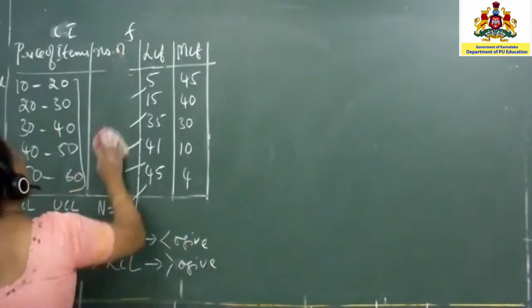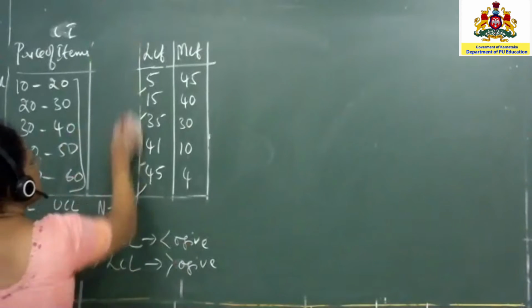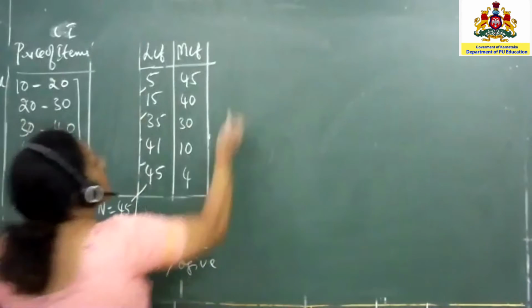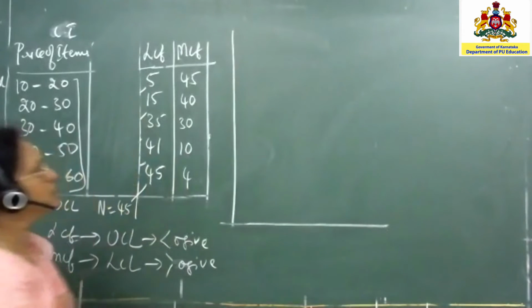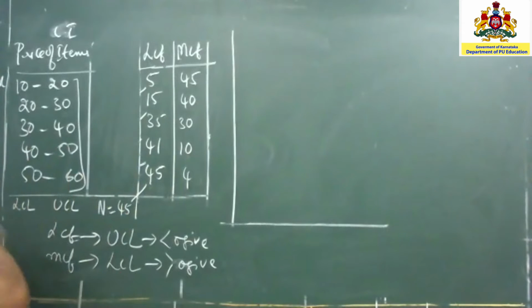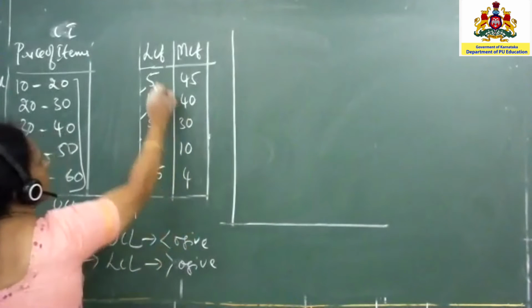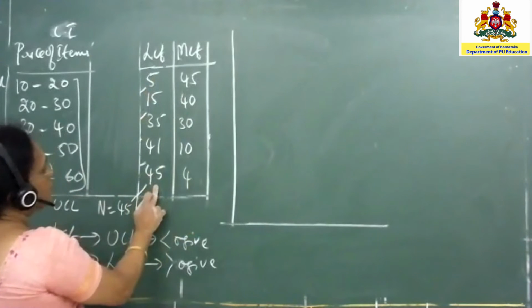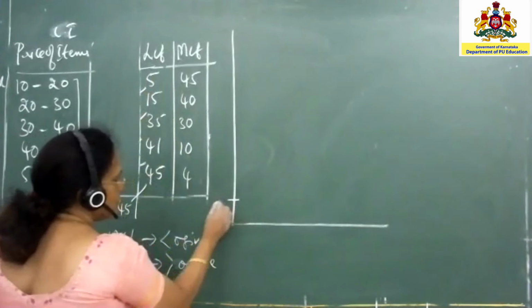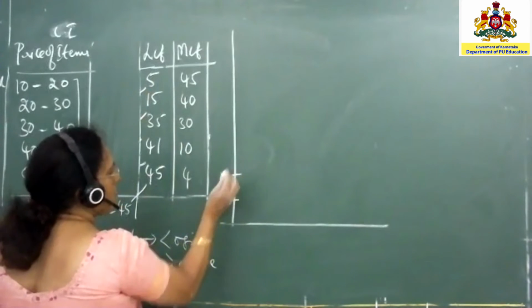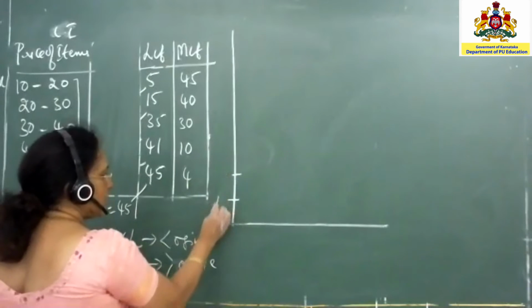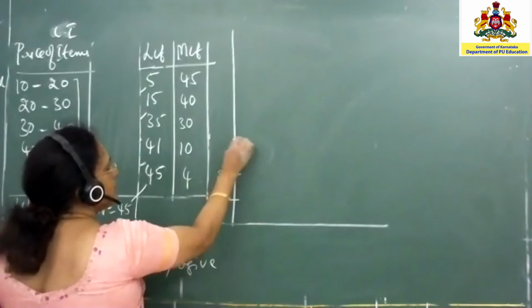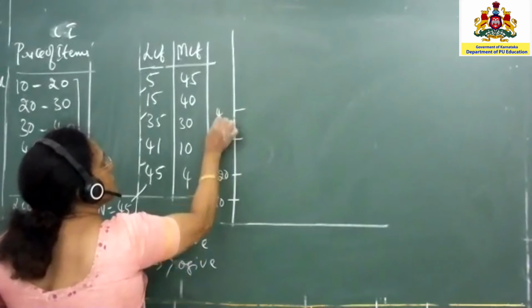Now, this will not come into picture, so you can remove this. Now, you see here, something like this we have. Okay. Now, first one, LCF is marked on the y-axis. Now, you take this number, so 5 to 45. So, if you want, you can take 5, this is 10, 15, otherwise should we take 10, 20? It is better I think. Okay, 10, 20, 30, 40, 50.